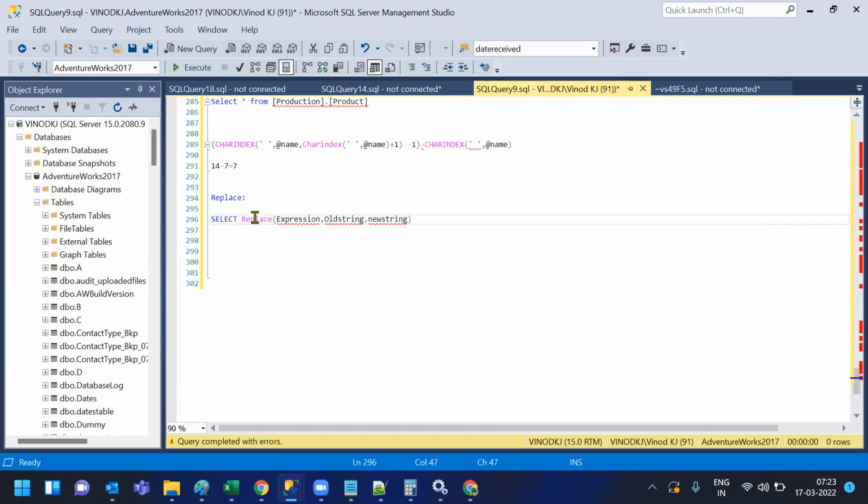Okay, so replace means if you want to change any keyword or any column, if you want to change something, we can replace it by using the replace string function. So for an example,